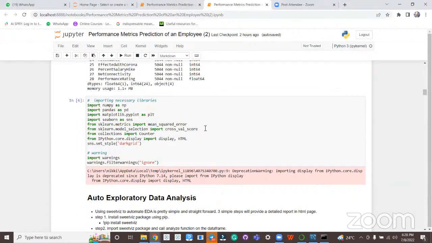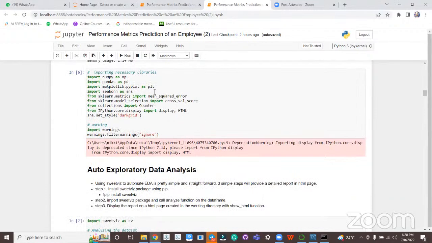Now to move forward with the EDA, again, we have used a bunch of libraries. The basic libraries used for data pre-processing include NumPy, Pandas, Matplotlib, and Seaborn. Then to capture the metrics, we used the sklearn submodule called metrics, and it has the mean squared error function. We imported that.